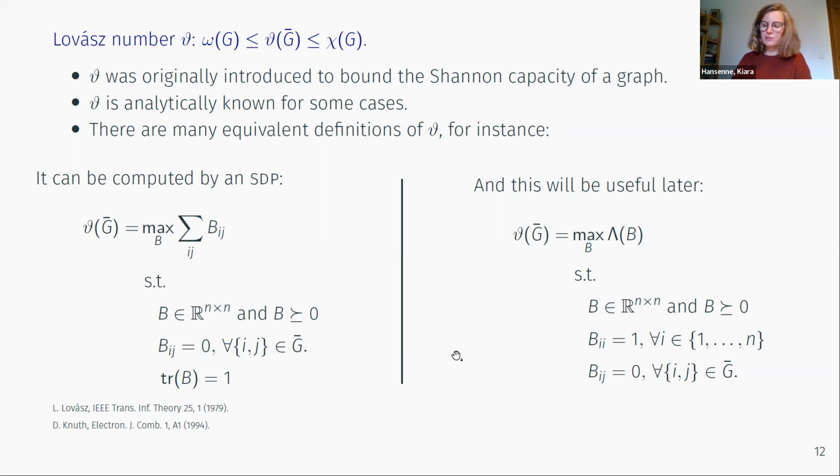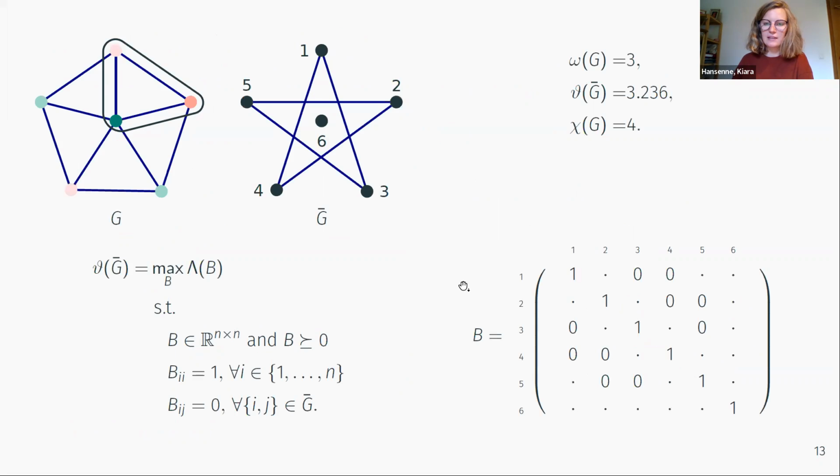And since we're going to use this, I'm going to go into some details and with an example so that we understand what it actually means. So if we take our graph that we had here before, so this wheel here with the clique number equal to 3 and still chromatic number equal to 4. Now we take its complement graph, so G bar, which is now this one. So it's the same set of vertices, and any 2 connected vertices in G are not connected in G bar and inversely.